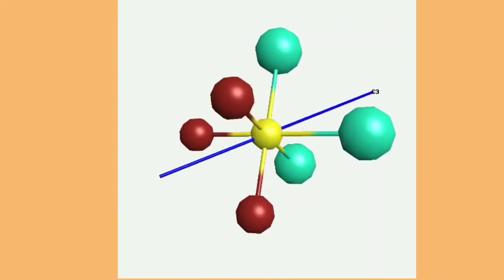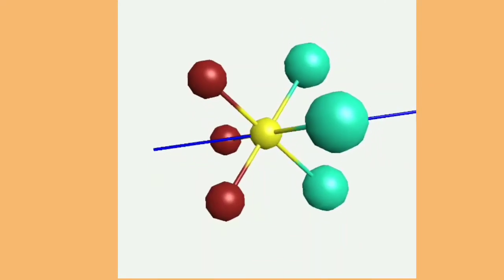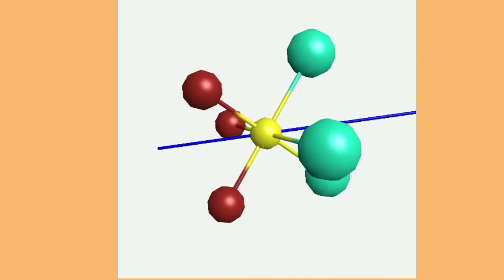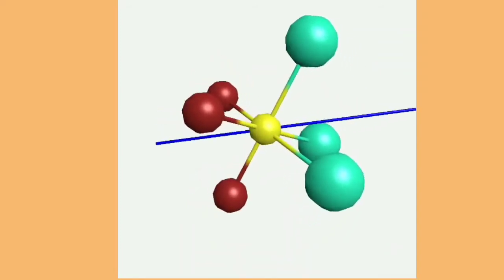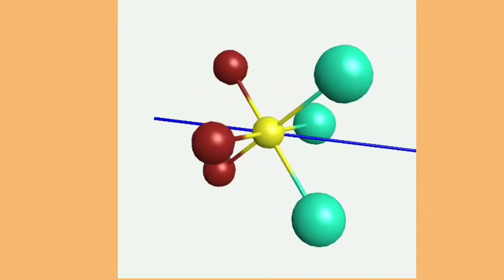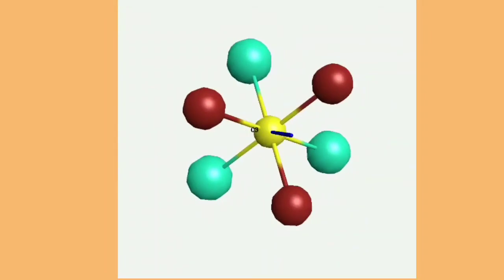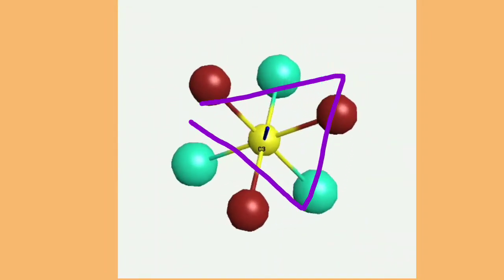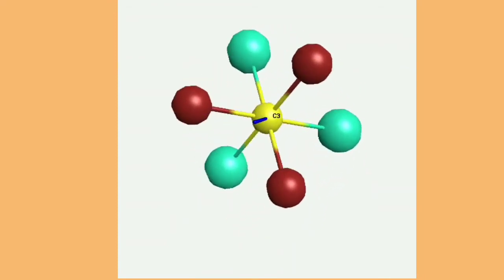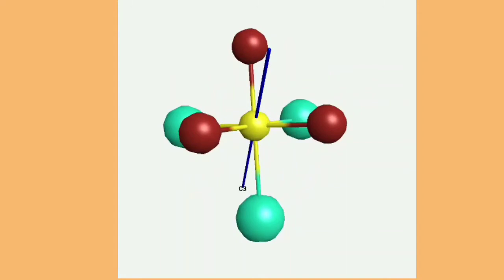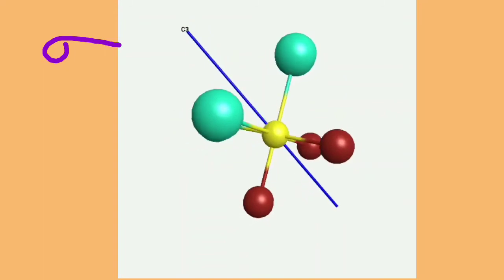This is C3. If you rotate the molecule around this C3 axis by 360 degree, you will find the same configuration 3 times. That's why, and they are making a face also. This axis is passing through the center of face of octahedral. That's why this is called C3 axis. So you can check C3 axis.